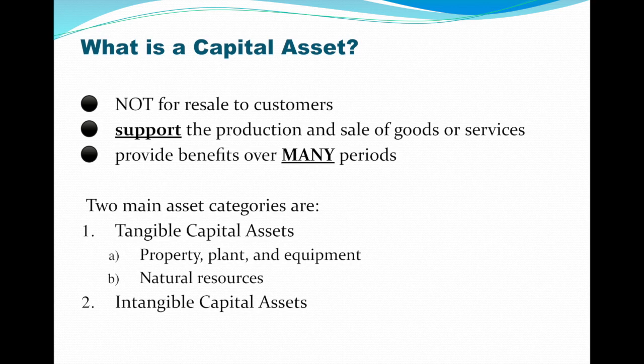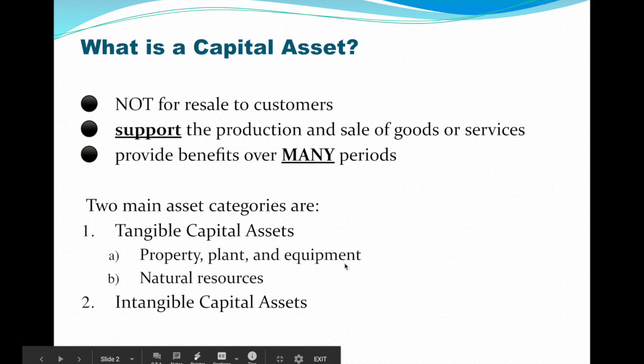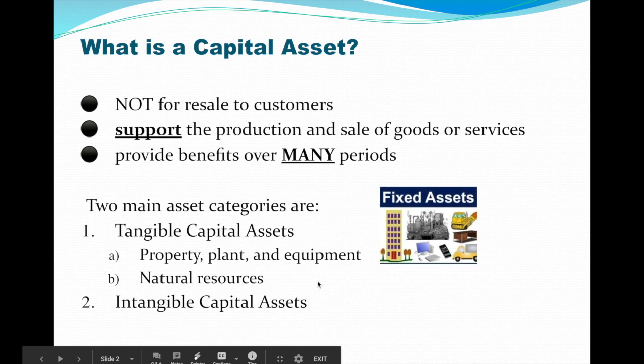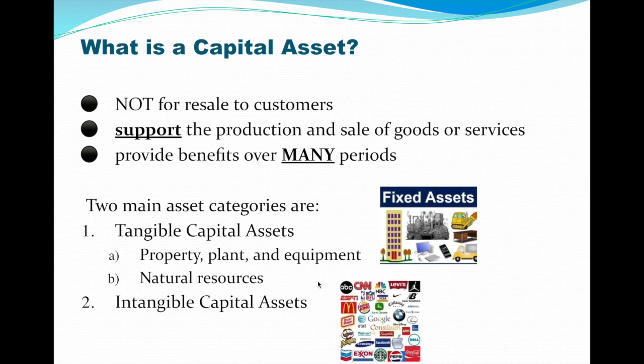Natural resources are treated differently because natural resources are used up over time. So with things like property, plants, or equipment, you have a set piece of equipment, or a set plant, or a set piece of property. And although it may change over time, it's still a piece of property, still a plant, still equipment, and it doesn't get used up. It may require maintenance and stuff like that, but it's still a piece of equipment. You see what I'm saying? Natural resources, on the other hand, get used up. And when they're used up, they're gone, and the more they're used up, their value has to change according to that.